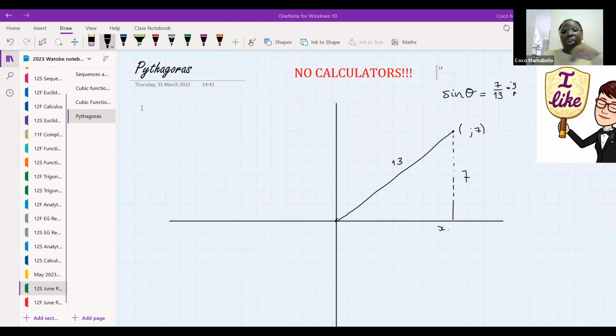That's it, Patu. We would use Pythagoras, right? Because this is technically a right-angled triangle. So we can use Pythagoras here to get to the thing that we want. So we can then say x is just the square root of 13 squared minus 7 squared. And if we punch this into our calculator, I believe 169 minus 49 should give us